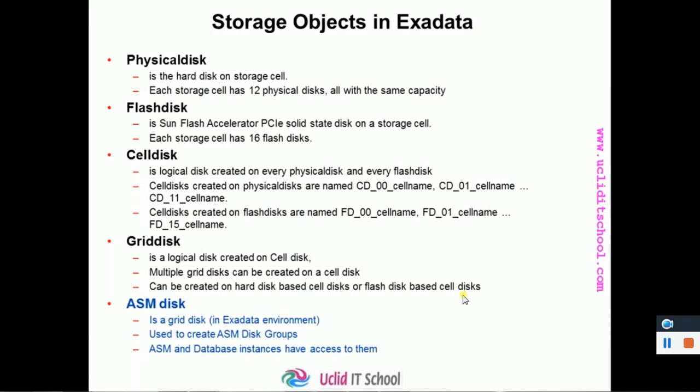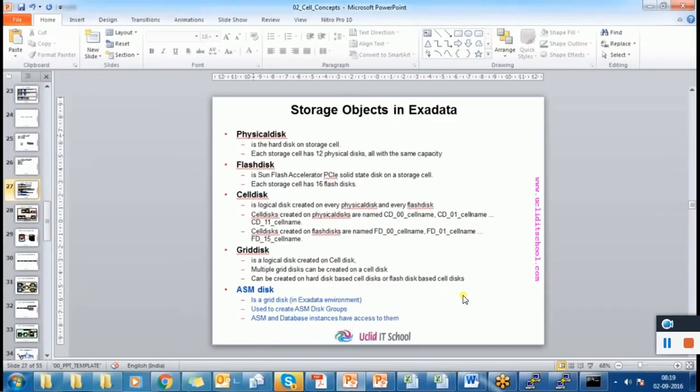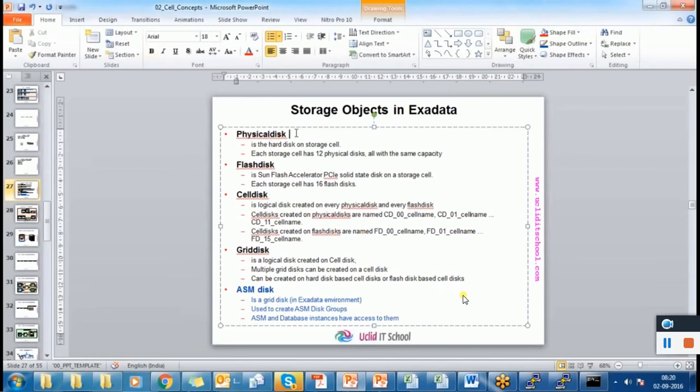So hard disk and flash disk are physical, cell disk and grid disks are logical. On every disk, whether it is hard disk or flash disk,